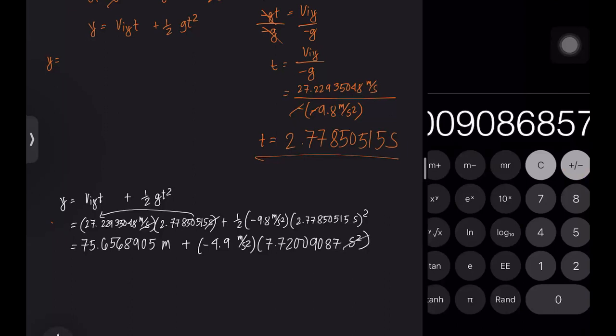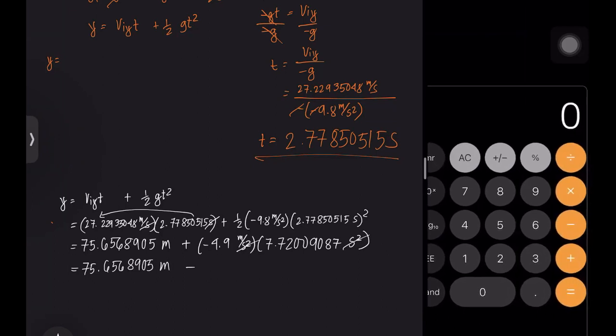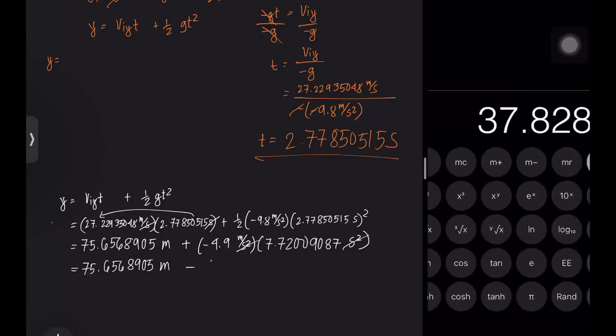So we can cancel this out and we will be left with 75.6568905 meters minus, it's negative now, 4.9 times 7.72009087. So we have 37.828